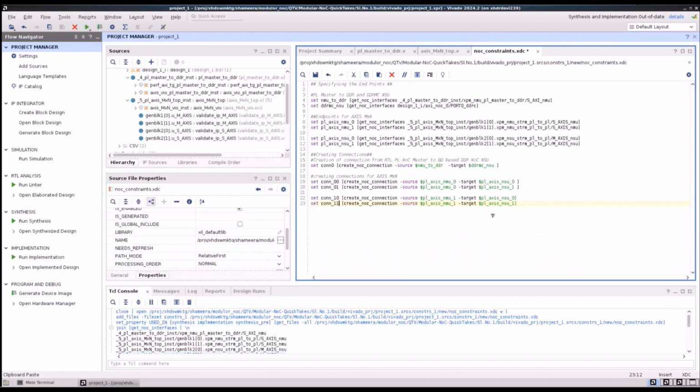So now, in total, we've created 4 connections for AXIS M by N.